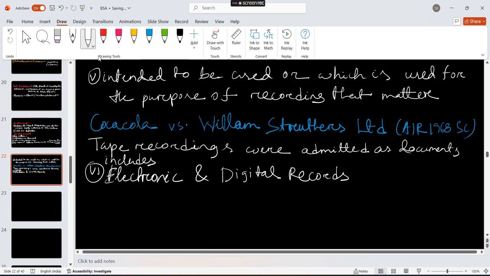Okay, inscription on a metal plate is a document. When you go to Khandagiri, Udayagiri, there everything is written by stone carving, engraved, those are also taken as a document. A caricature is a document. Suppose someone makes a cartoon, like the cartoon corner that appears in the paper, that cartoon or caricature is also a document. Now a new illustration has been added: electronic record on emails, server logs, documents on computer, laptop, smartphone,